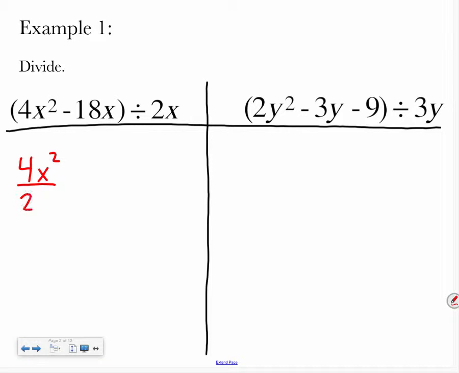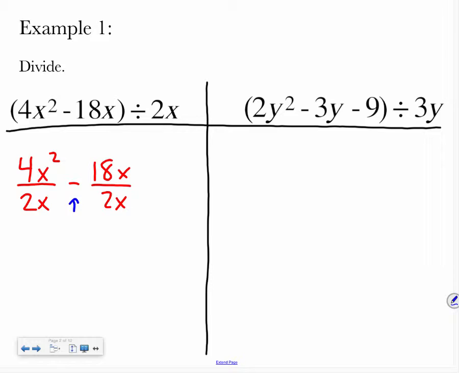So I can break it up and put each of my terms over 2x. Then this looks kind of familiar, like simplifying that we've been doing. So if I look at my 4x squared over 2x, I know that my 4 and my 2 can reduce. Remember, now we are not multiplying the two fractions together, so we can't reduce on the diagonals. Since we have a subtraction symbol in the middle, we can only reduce each fraction by itself.